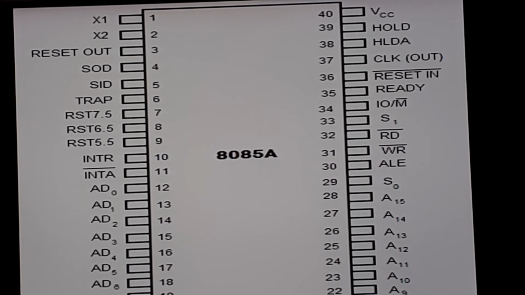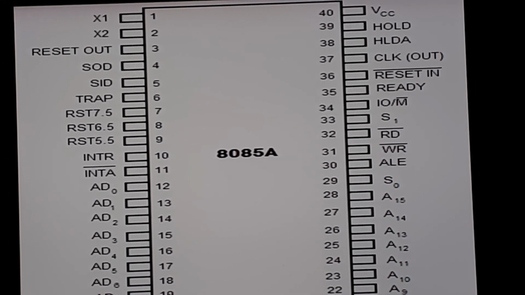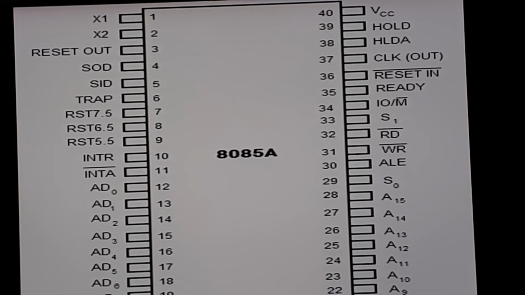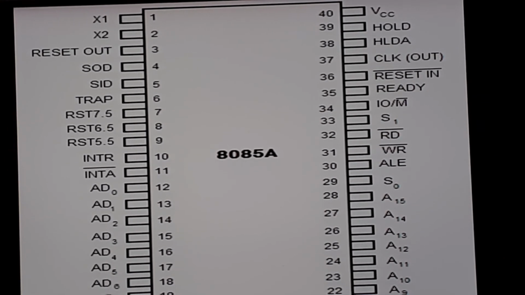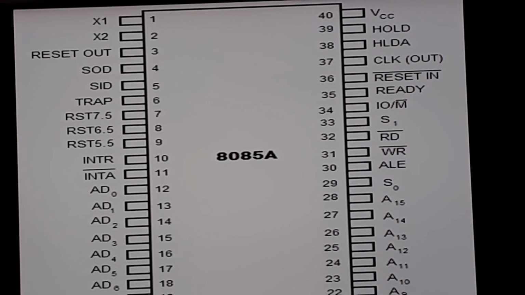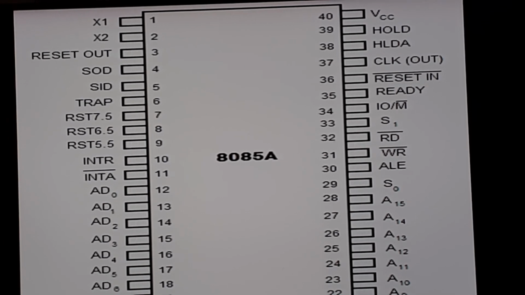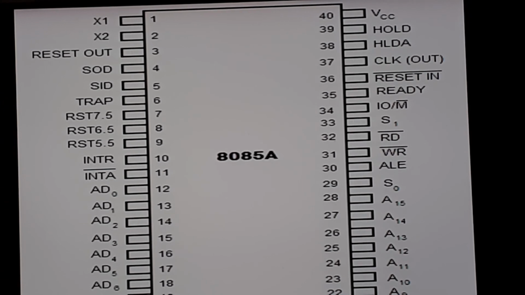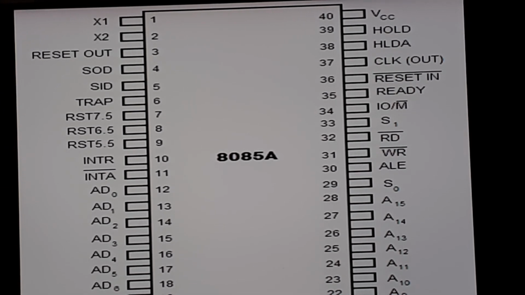This is the pin diagram which contains a total of 40 pins. You need to study this diagram by practicing it. So there are total 40 pins in this pin diagram of the 8085 microprocessor. On the left hand side you can see 20 pins, and on the right hand side you can see 20 more pins. These pins have to be in serial order as shown in the diagram.